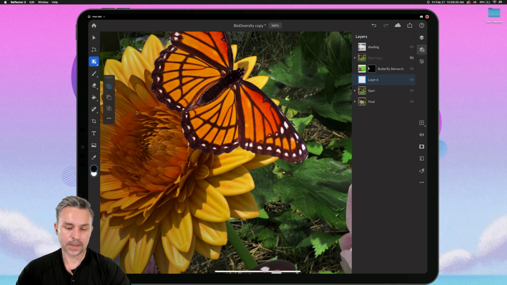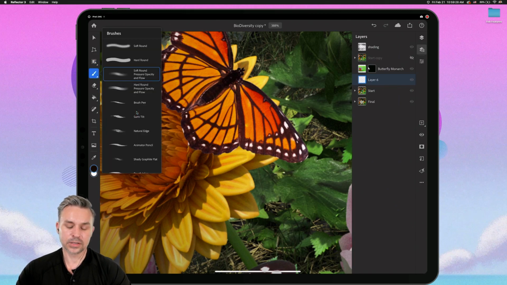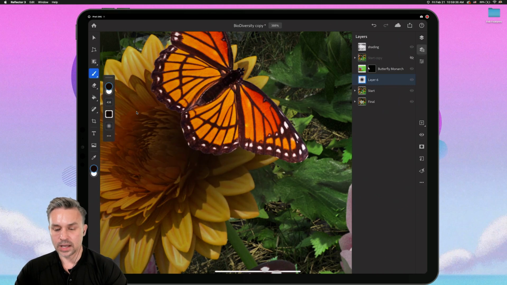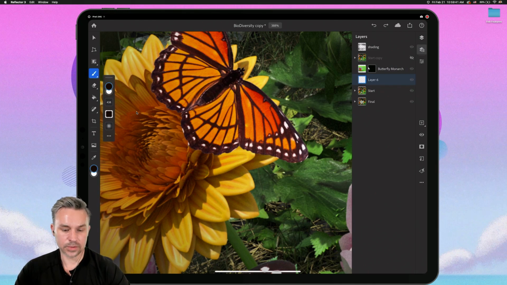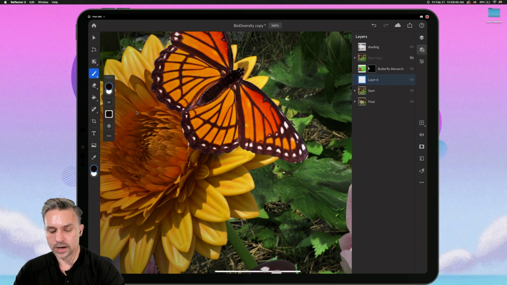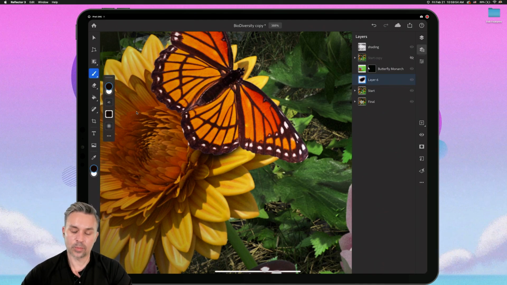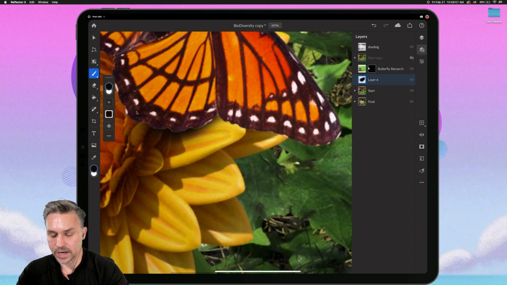Let's add a new layer. Let's flip it to black. Let's go to a brush, do a long press on that brush, and we have a soft round and other settings, by the way, that I might get into. But I just want to do a soft round, and let's undo that just by tapping with two fingers. Change the size of the brush. Want it to be much smaller. Let's take that down like so, a little bit lower. Technically, this should be the same opacity as the shadow underneath. So this already has maybe a little bit too much of a